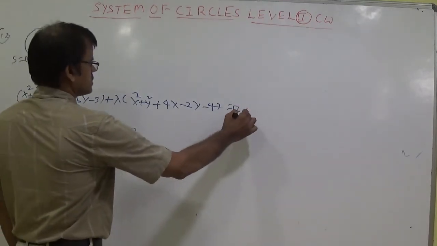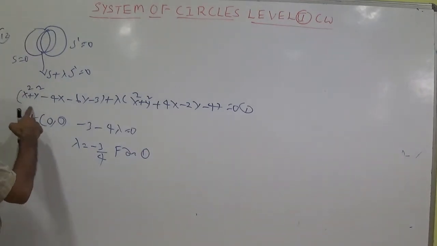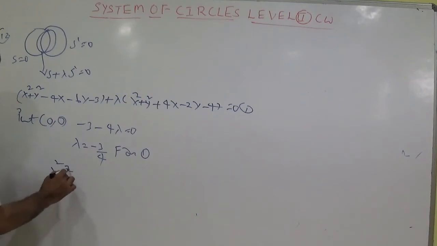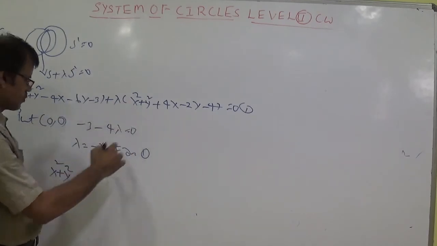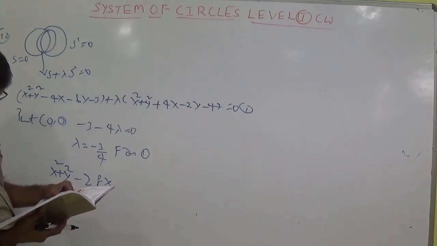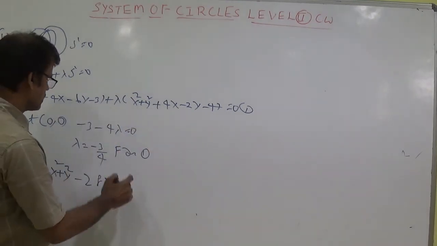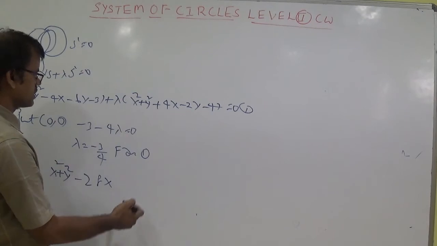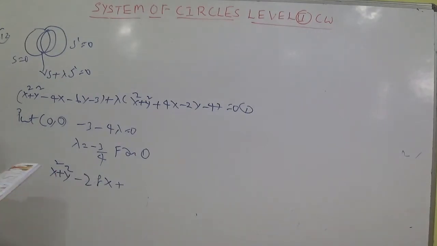Let this be 1. From 1 I am writing. 4x square plus 4y square minus 3x square minus 3y square becomes x square plus y square. Minus 4 4s are minus 16x, and minus 3 4s are minus 28x. Let us see the options. 4 into minus 6 is minus 24, minus 3 into plus 2 is minus 6. Minus 24 plus 6 becomes minus 18y. Only the fourth option. Verified, fourth option, minus 18y equal to 0. That's all.